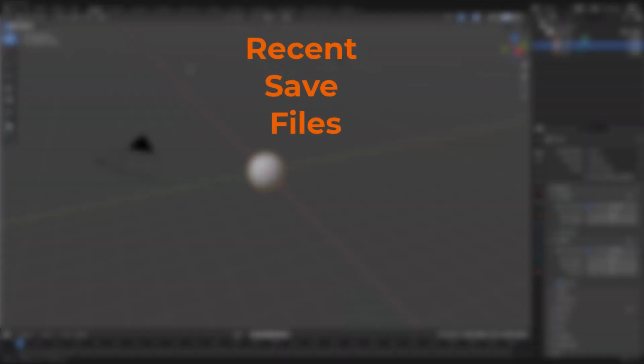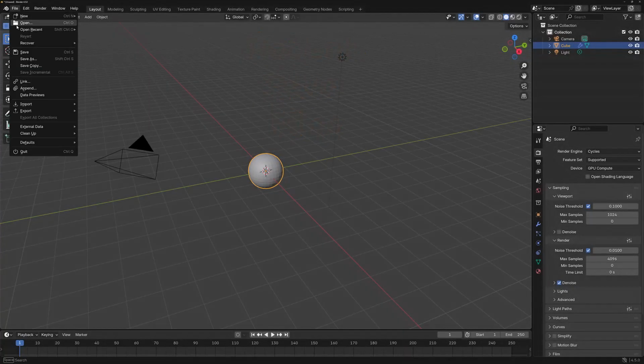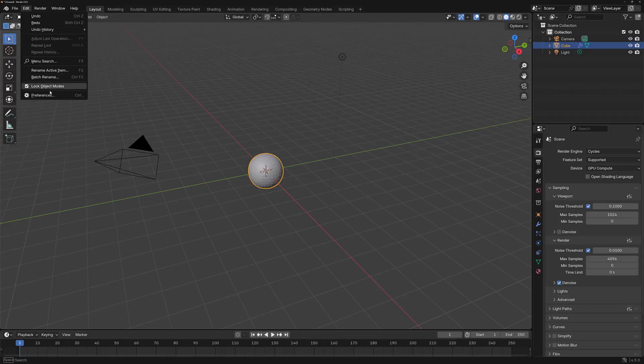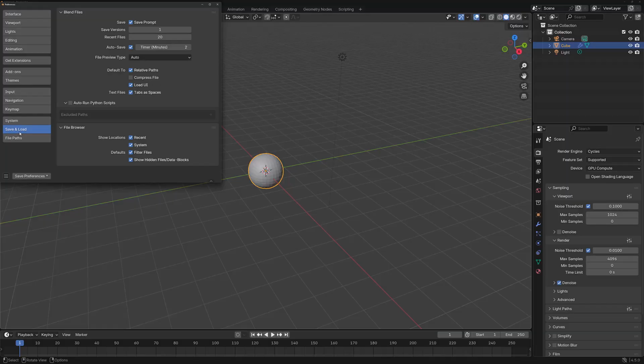A fast way of opening up previous projects is to go to File, Open Recent, and then you'll have a list of your most recent projects that you have been working on in Blender. You can expand or contract the list of options available here by going to Edit, Preferences, go to Save and